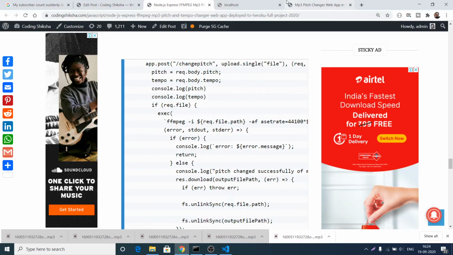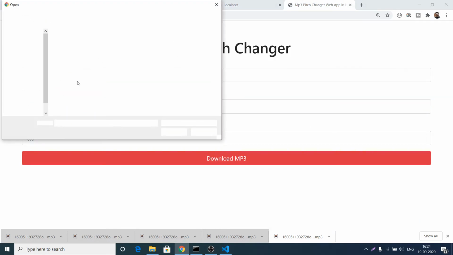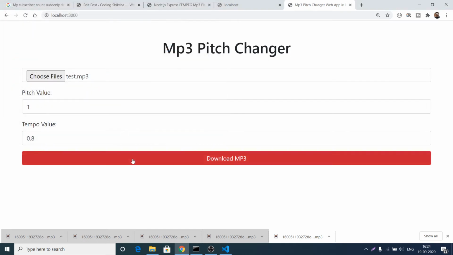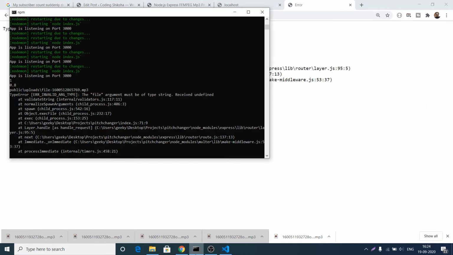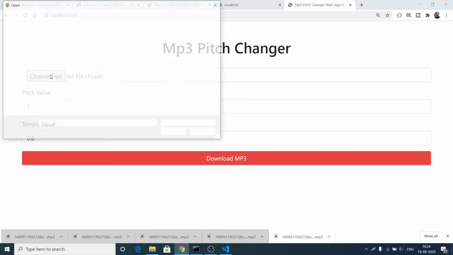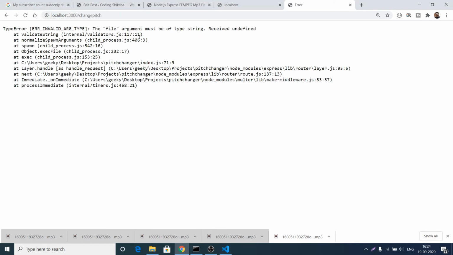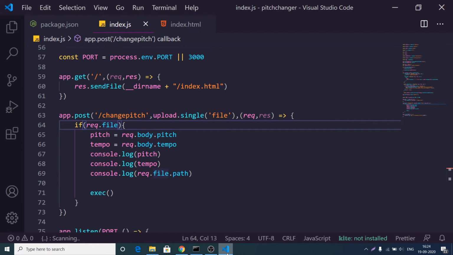So now whatever you submit, let's suppose I again upload this file, click download mp3. So it is telling me the file argument must be of type string. So I think we have made a mistake here.